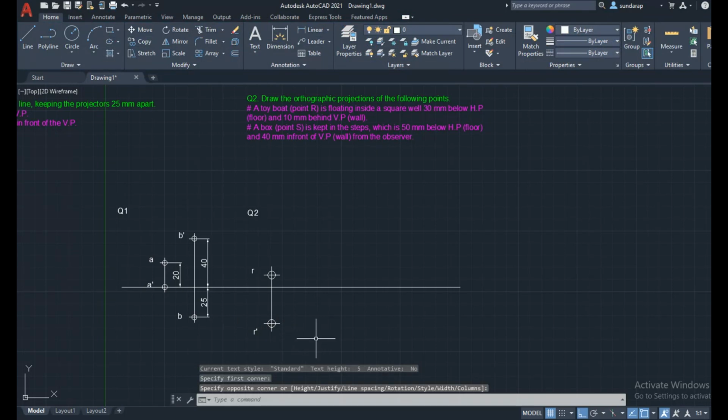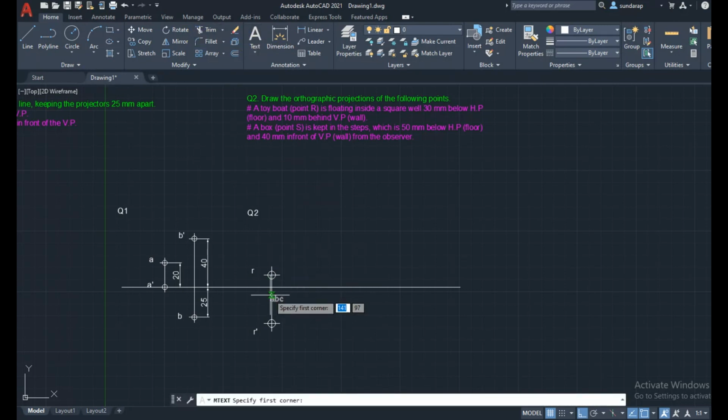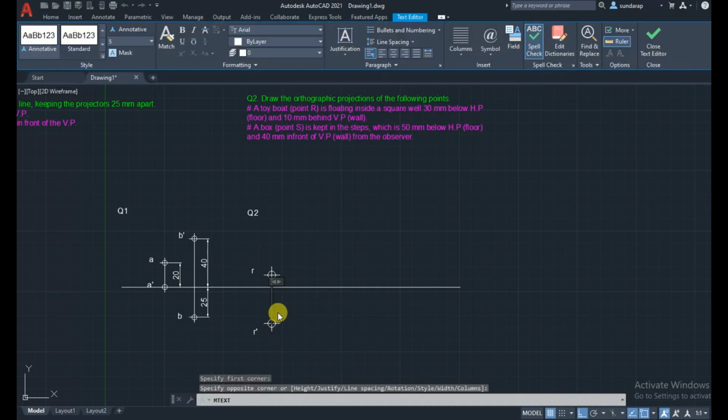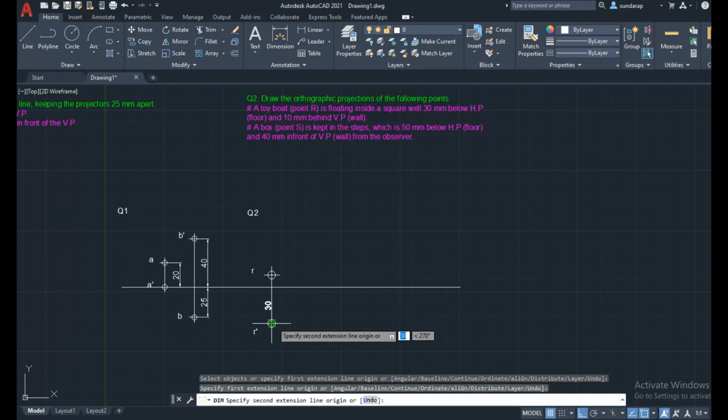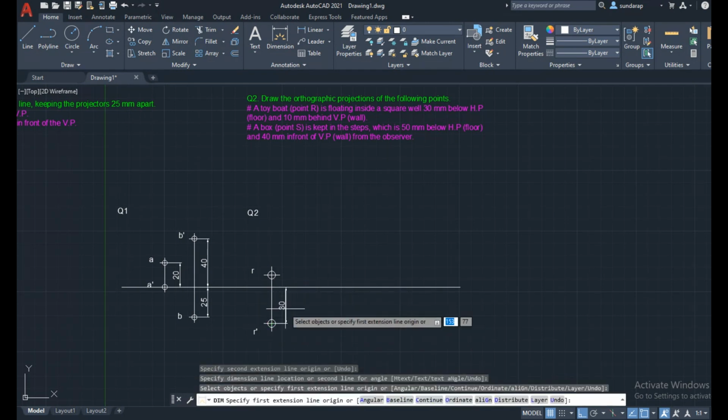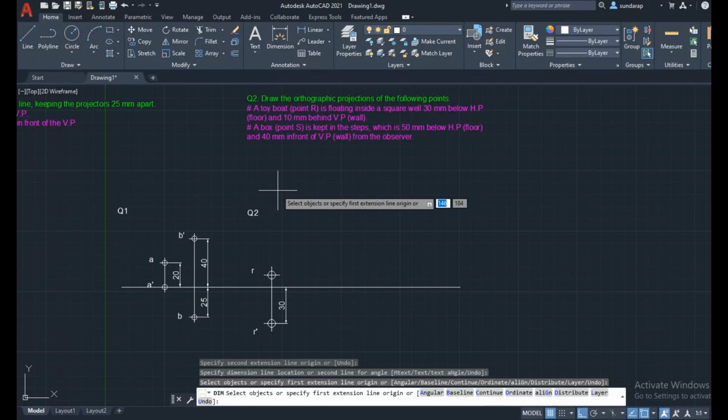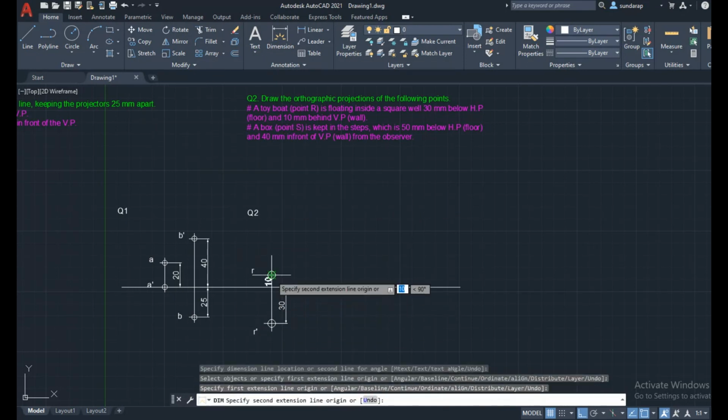So the notation indicates the front view and the top view. The dimensions: we are getting 30 mm below, and 10 mm behind.